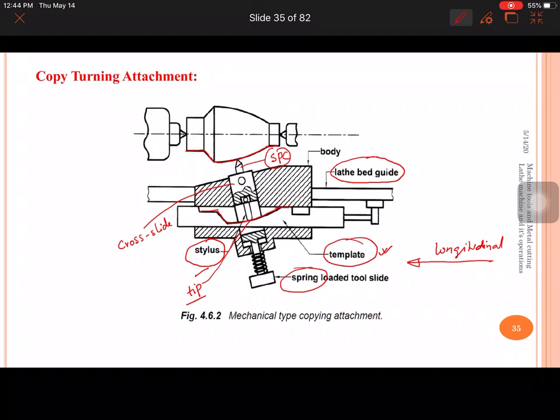So if the tip is damaged, then automatically, since the movement of the tip is deciding the profile which I want to generate on the work part, if the tip has lost its shape, the same thing is reflected back on the work part, and so the generated workpiece surface may not be accurate enough. In order to avoid this, we are going to use the hydraulic attachment. Okay.